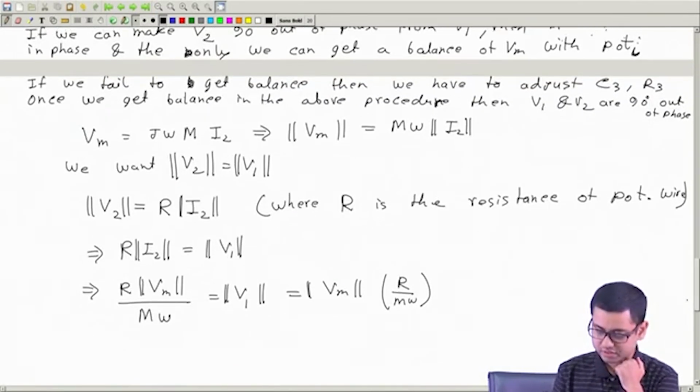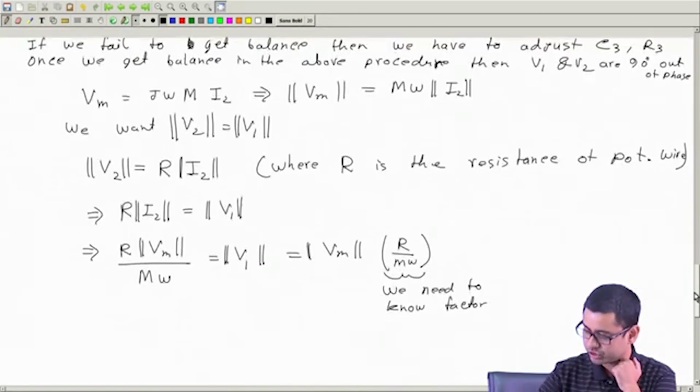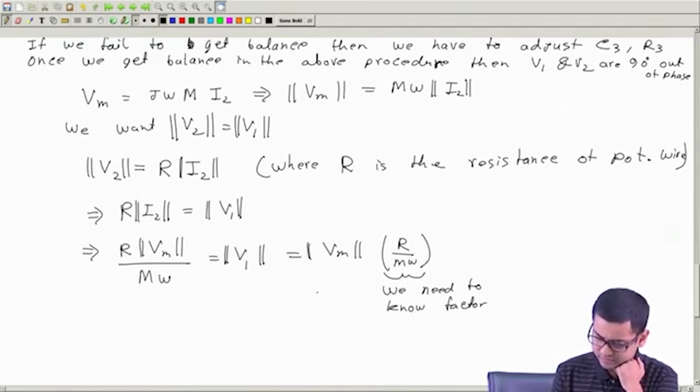Okay. So we need to know this factor, or maybe the potentiometer manufacturer or the seller will give us this factor, okay, for a particular value of omega. Then